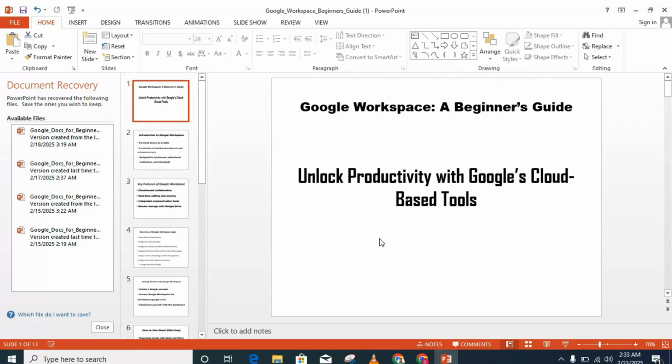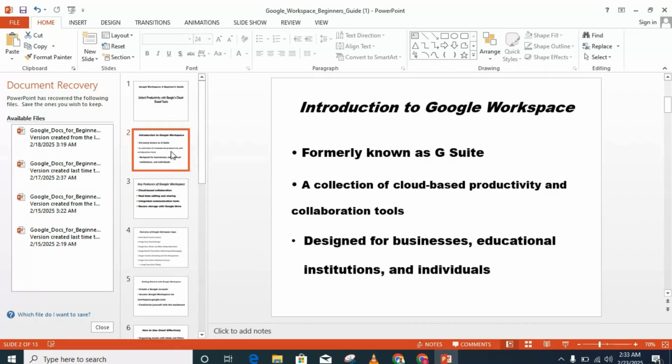About Google Workspace. What does Google Workspace mean and what can we use it for? So let's dive in, not to waste much of our time. First, Google Workspace was formerly known as G Suite, which is Google Suite, and later it was changed to Google Workspace. The reason behind that, I think, from my own perception,